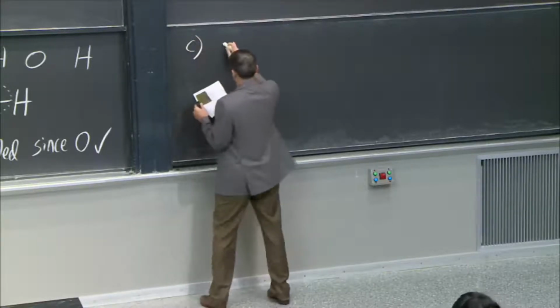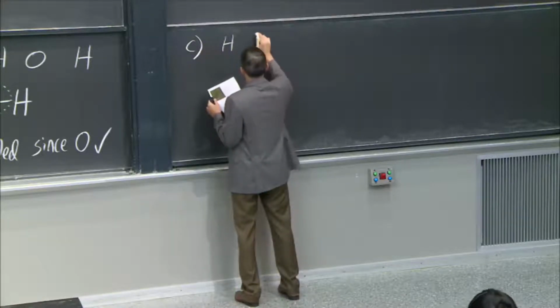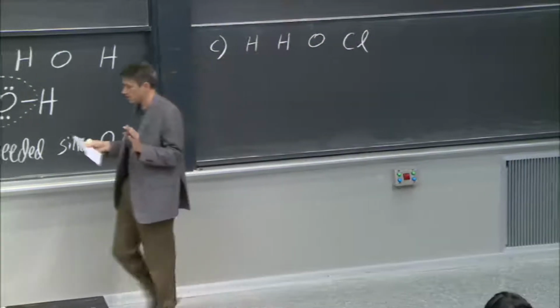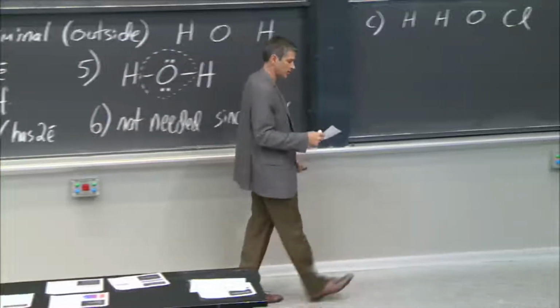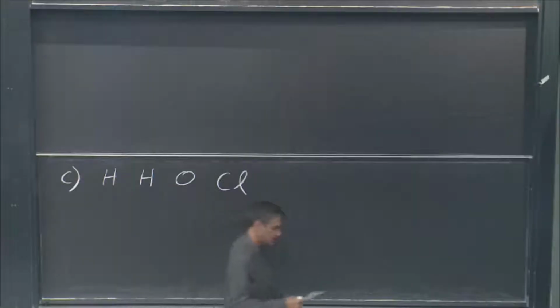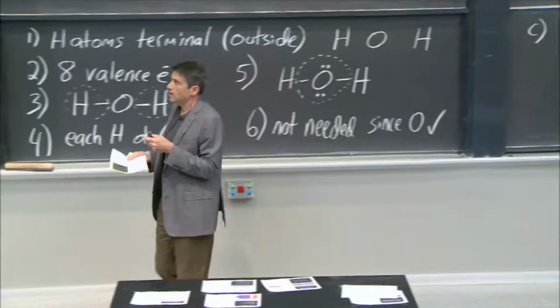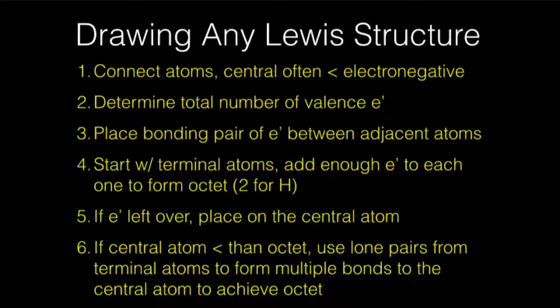Example C. So I've got H. I'm just going to write the atoms here because I'm starting. I don't even know what it's going to look like. I don't even want to hint at it. Those are my atoms. I've got 2 hydrogens, an oxygen, and a carbon. Now, as we will see when I tell you what electronegativity is, carbon has the lowest electronegativity. And so I'm going to put that in the center.